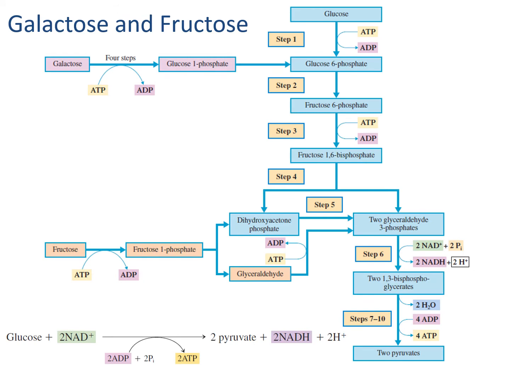This slide does 2 things. It shows you on the bottom left the overall reaction of glycolysis and how, as a net reaction, glycolysis takes 2 NAD+ and reduces them to 2 NADH, 2 ADP and converts them to 2 ATP, and takes a glucose and converts it to 2 pyruvates. It also shows us that while glucose is the major monosaccharide processed for energy through this pathway, galactose and fructose can also be processed through many of the same enzymes for the same net amount of energy. They just enter the glycolysis pathway at different points, but still spend and gain the same amount of energy.